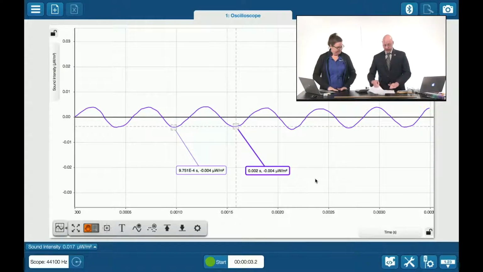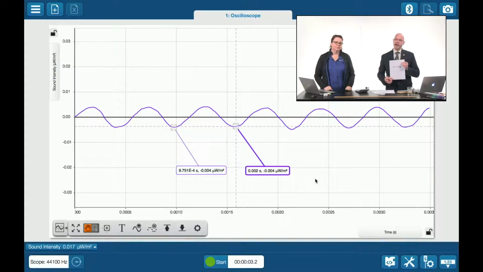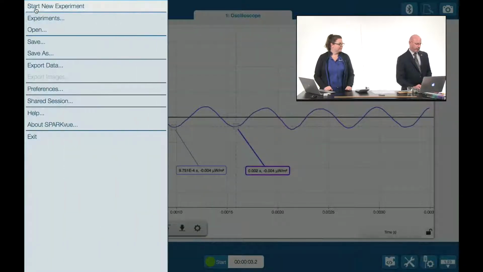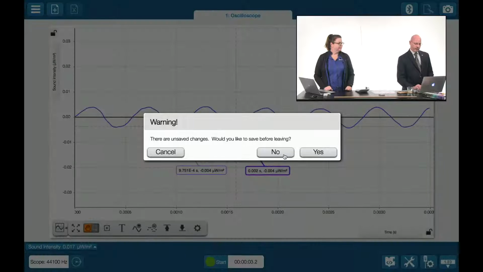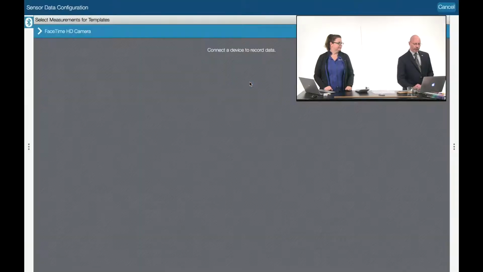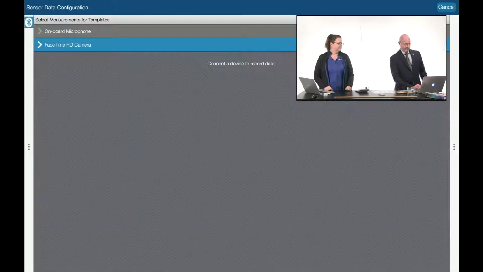Now, I could definitely do that calculation, 1 over the period. I can get those differences in time, which is the period, and I can calculate the frequency. Or I can let SparkView do that for me. Would you rather do that? Yeah, me too. Because within SparkView, we actually have the ability to use what's called a fast Fourier transform, which does all of that math for me in advance. So let me set that up.